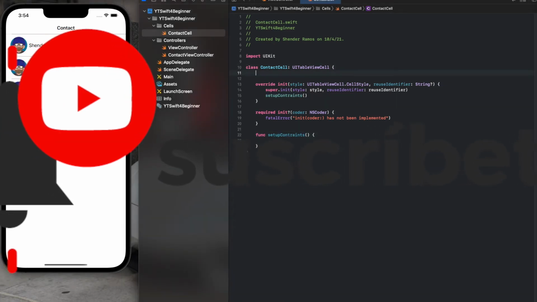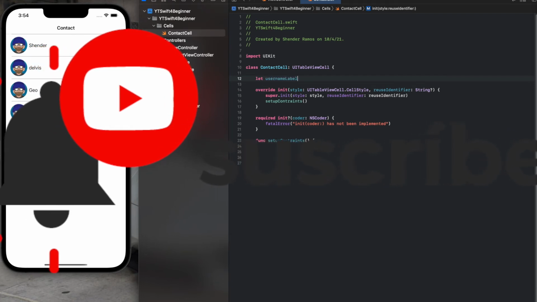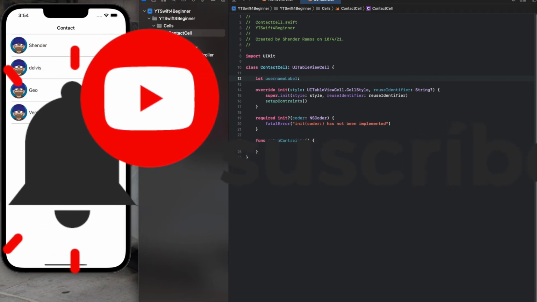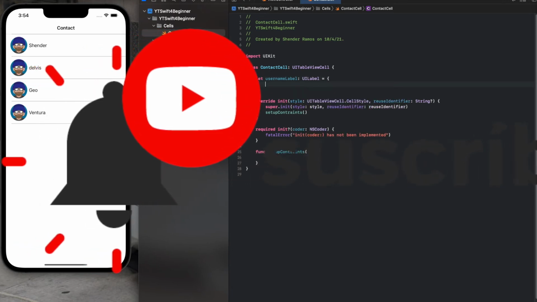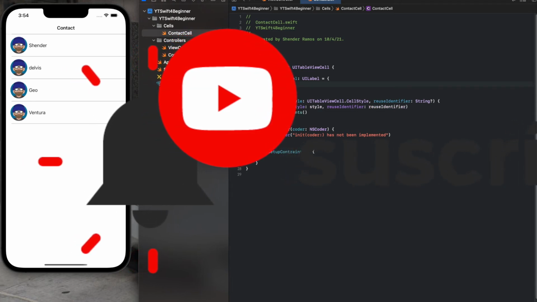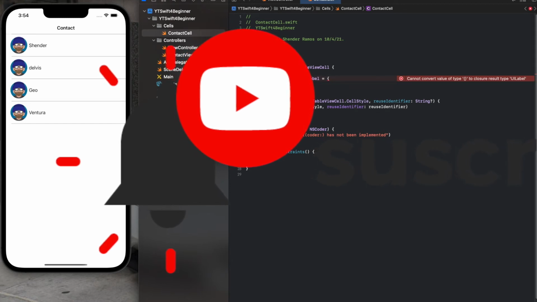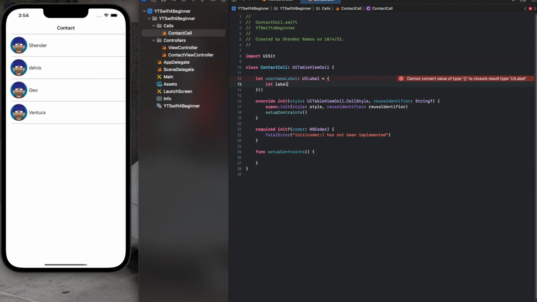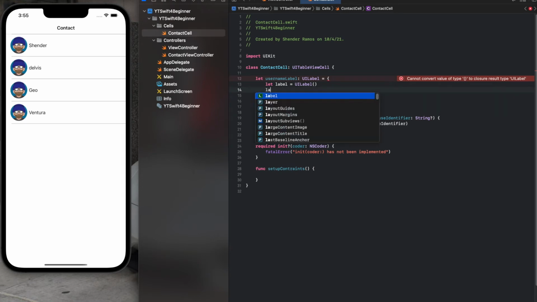So first of all, let's create a label for the name, the username label. You could do whatever you want, and like I said, everything will be programmatic. UILabel, right, equal, open, closing bracket. So I'm creating a function, and inside this function is going to be a label. And I create this function to declare a variable of type label. So here I'll call it label because it makes more sense to me, and it's a UILabel. Then you always have to return the label because this is what this function is doing. So label, for testing now,